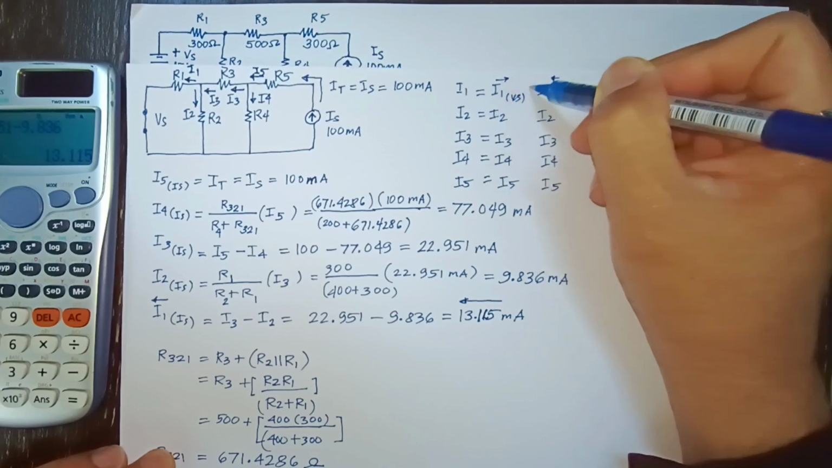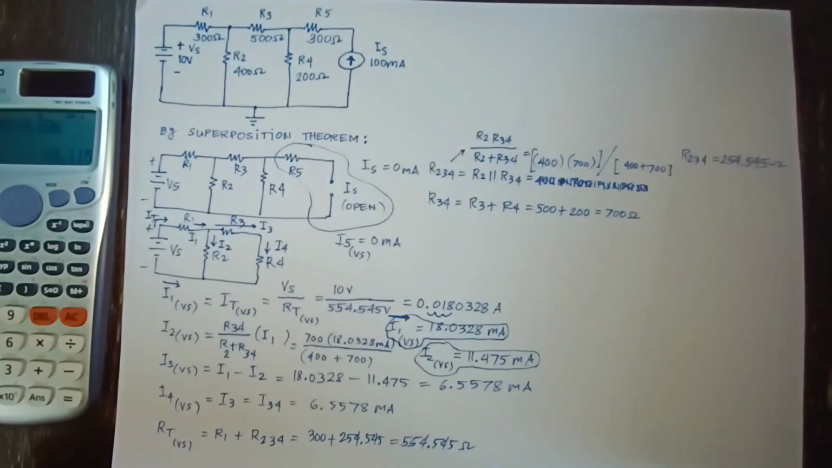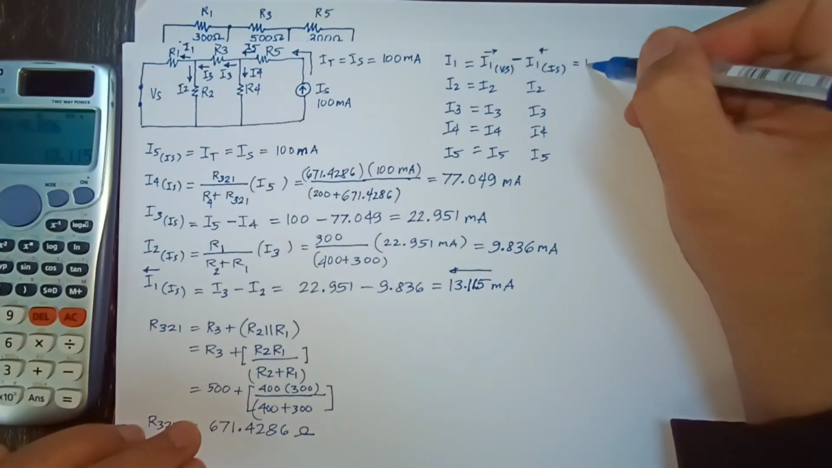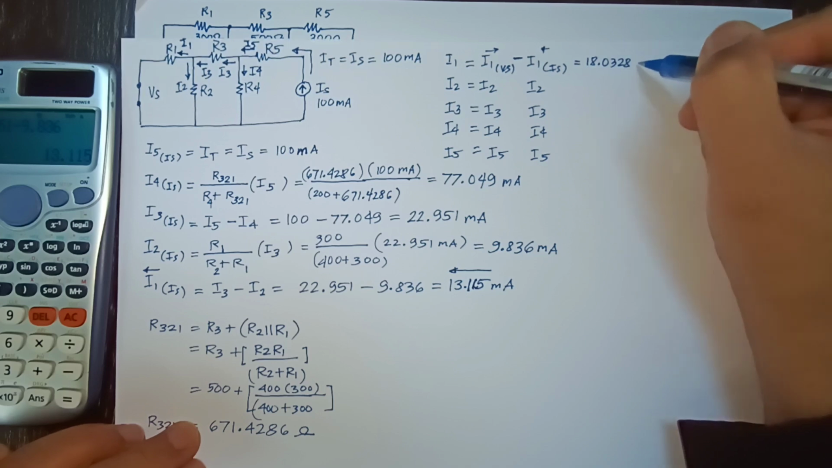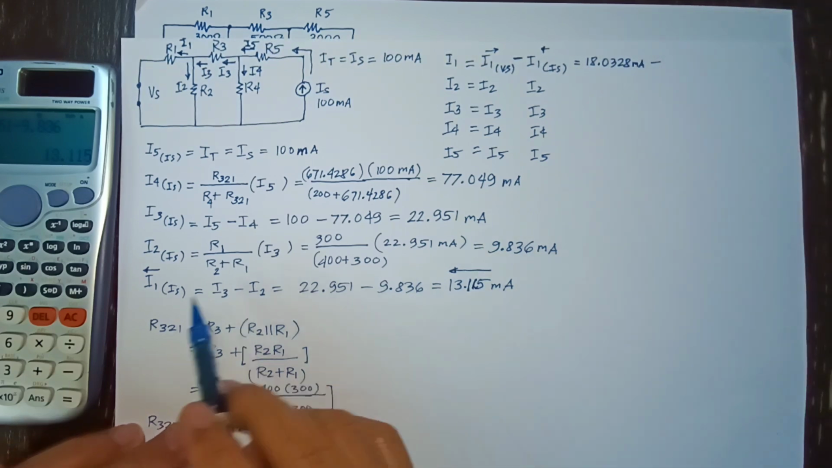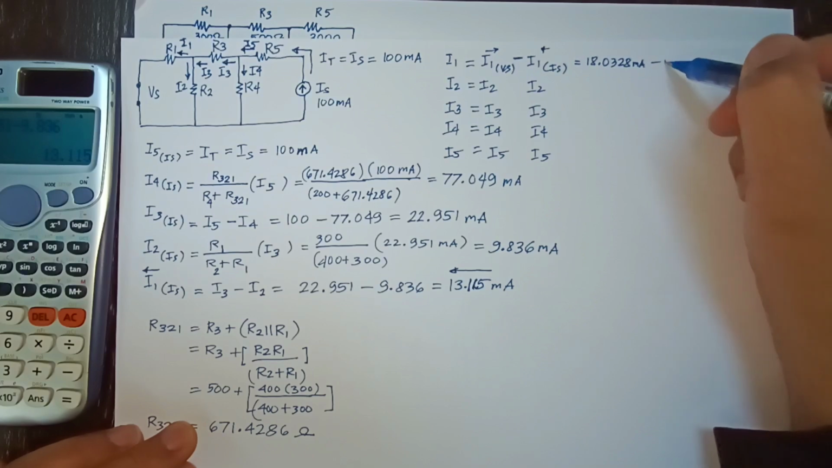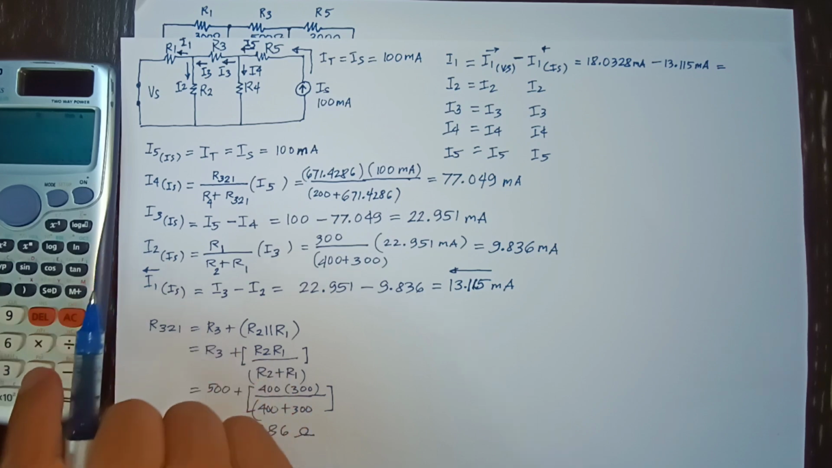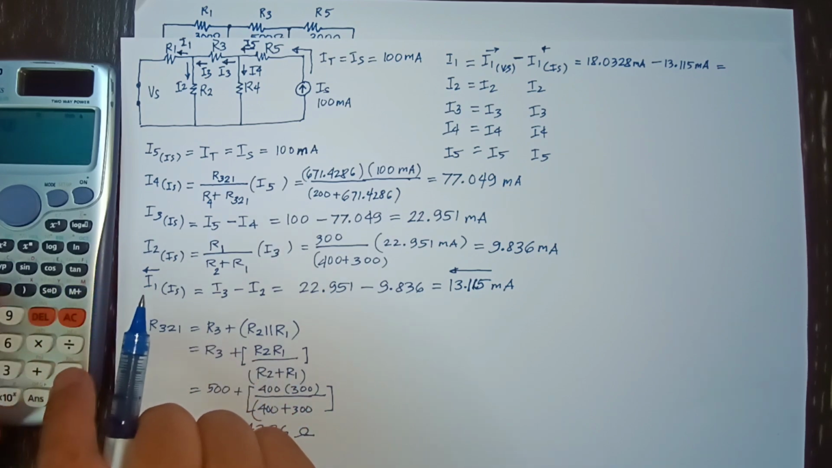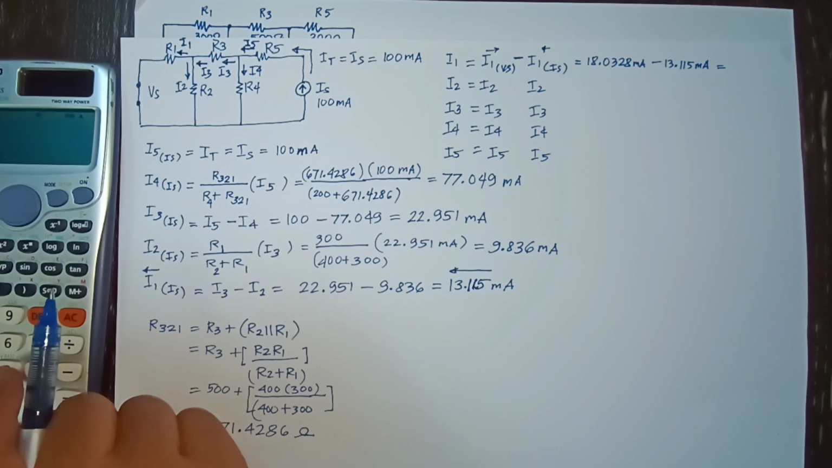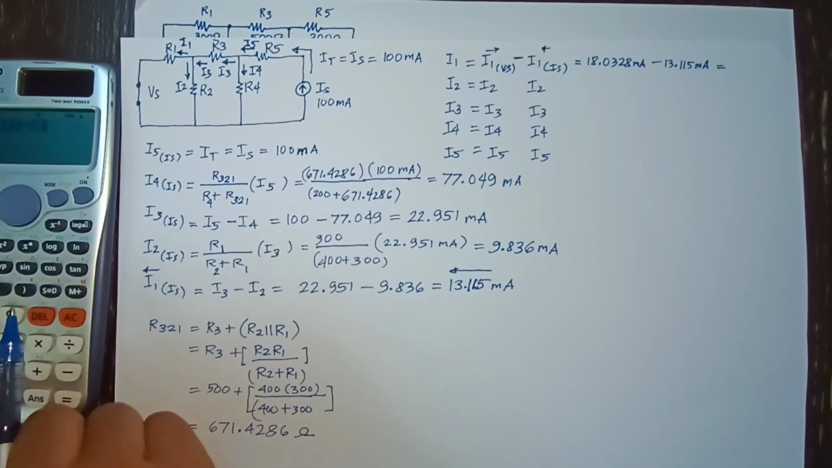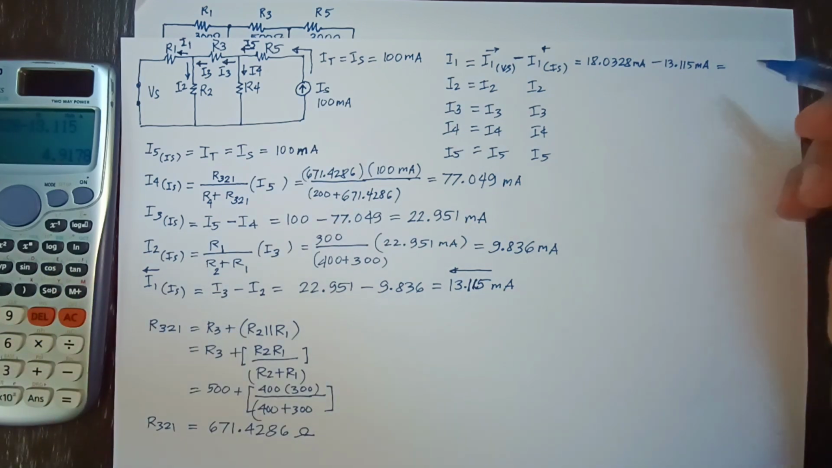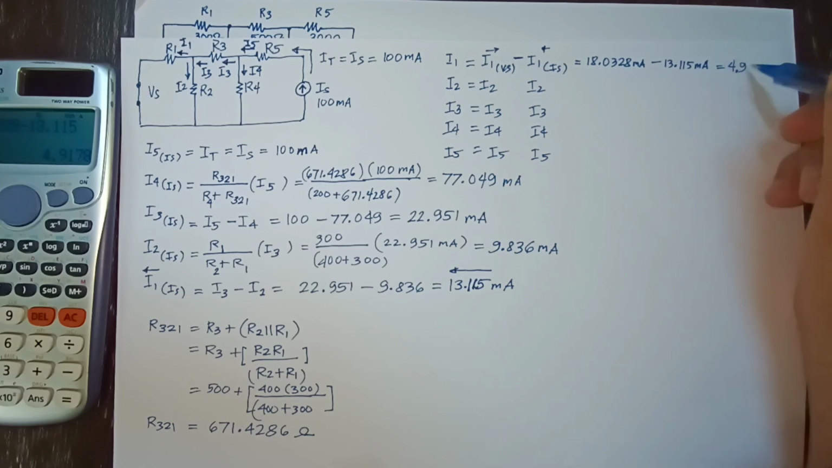Because the I1 with respect to IS is smaller, so we will get 18.0328 milliamperes minus the I1 with respect to IS, which is 13.115 milliamperes. And if you subtract 13 from 18, we will get, let's calculate now, we will get the answer of 4.9178